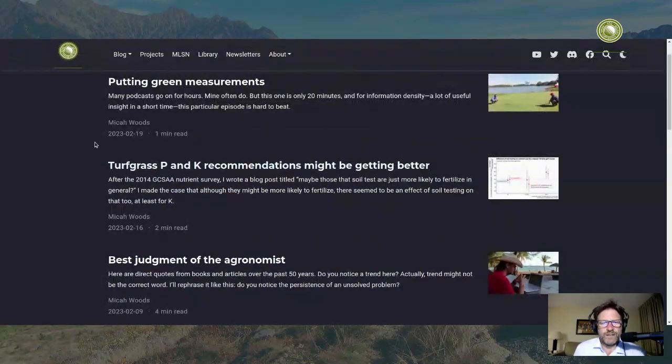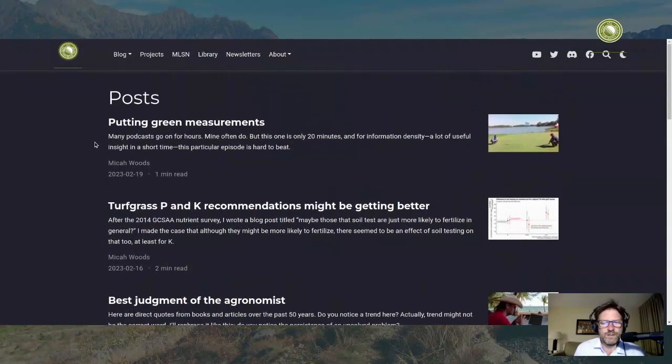And I'm going to tell you the summary recommendation from that. The summary recommendation from that is check out the MLSN guidelines, please, if you haven't yet. They work really well. They guarantee that you will be supplying the grass with all the nutrients it can use, and it is a very effective way to interpret soil tests for high performance turfgrass. And you won't be getting crazy recommendations for nutrients that the soil can't hold.